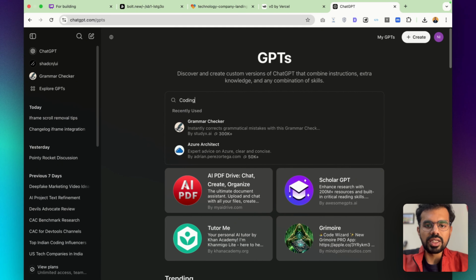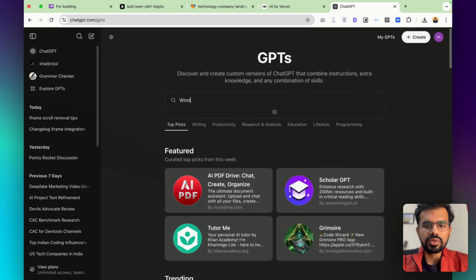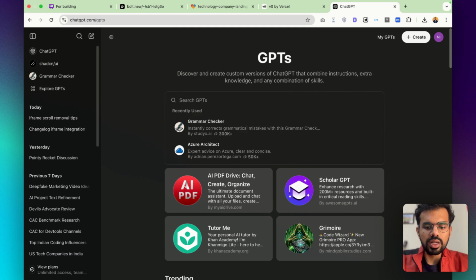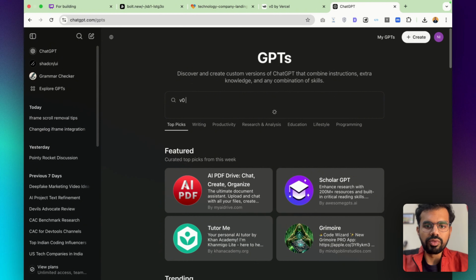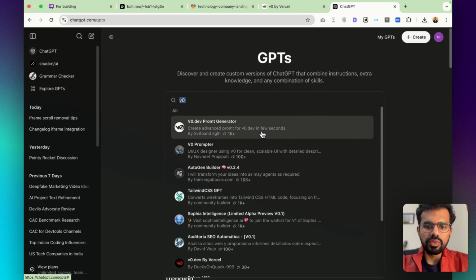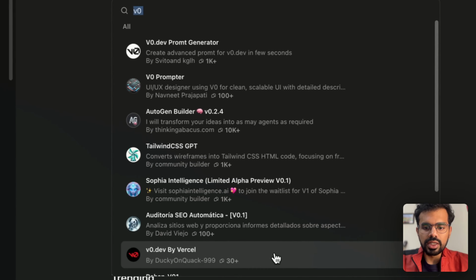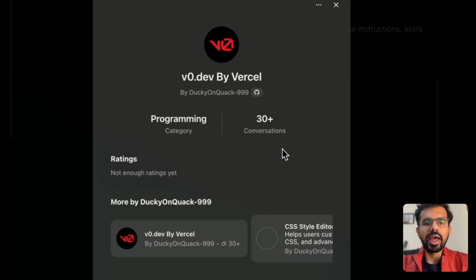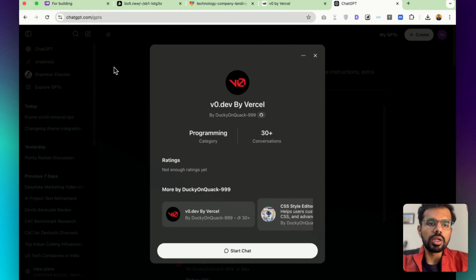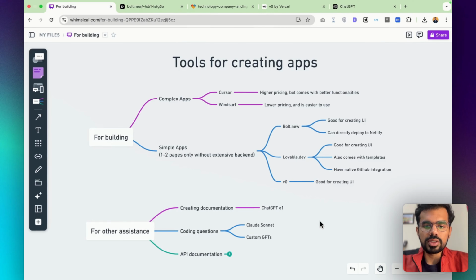For example, let's say if you are coding with Windsurf, then you can just find some GPTs for it. Okay, there are none. Let's say if I want to find something for V0. Yes, so for example, we have v0.dev prompt generators, or other tools which can help you answer normal coding questions. And asking questions while coding is also a very good practice to just get better at programming.